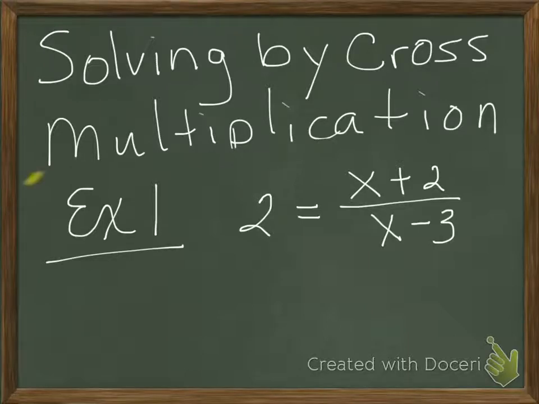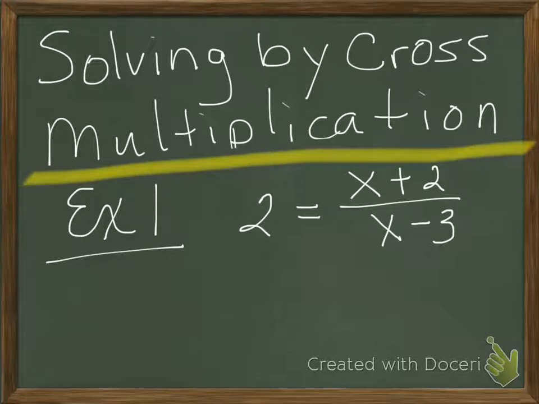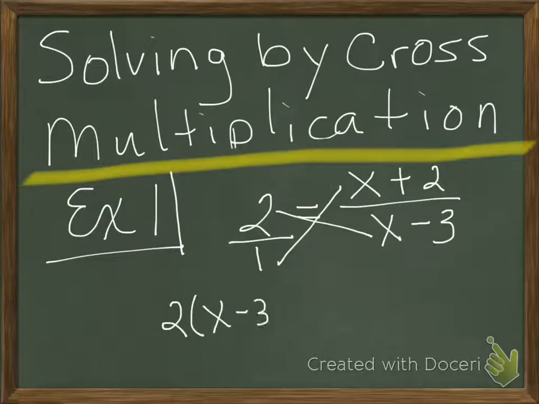When you solve by cross multiplication, you're basically setting up two fractions to cross multiply. So for example number 1, we have 2 equals x plus 2 divided by x minus 3. We can write the 2 over 1 and make it a fraction. And once it's a fraction, we can cross multiply numerator times denominator, left to right, and numerator times denominator, right to left. Once we have done the cross multiplying, we can distribute,